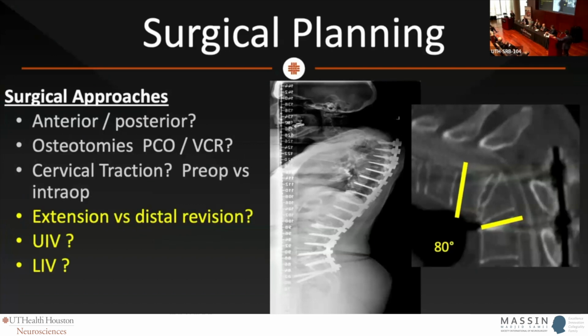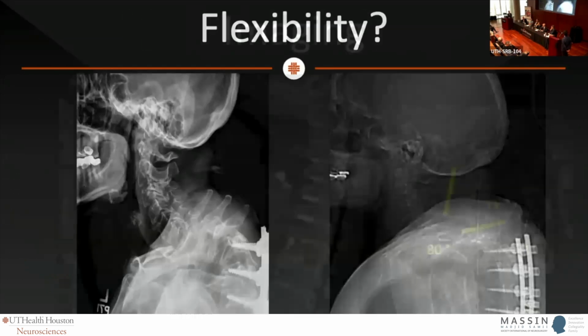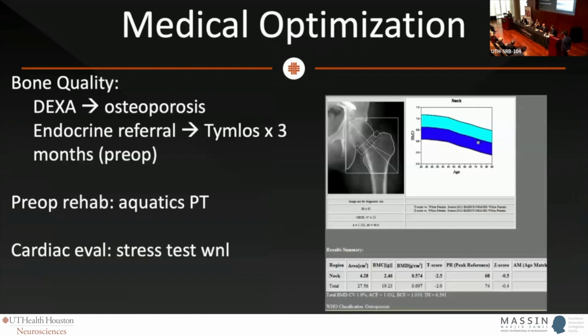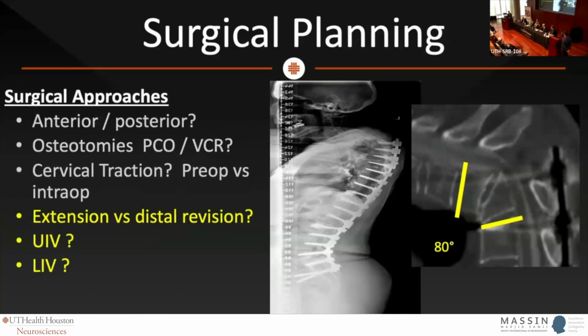Eric, do you think it's important to go all the way up to C2 here? Can you hear me? Sorry. Yeah, Eric, do you think it's important to go all the way to C2 here? When you look at the cervical myelogram, her cervical alignment is reasonable. There's not a whole lot of degeneration there. Completely agree, great points, by the way, about relaxing the thoracic kyphosis there. But what are your thoughts about doing the T3 VCR, but then getting really good fixation at C7, T1, T2, and then giving her a chance at retaining cervical range of motion?